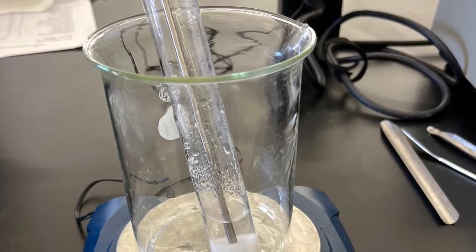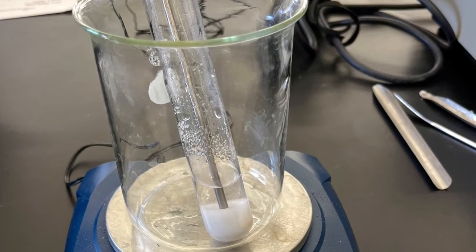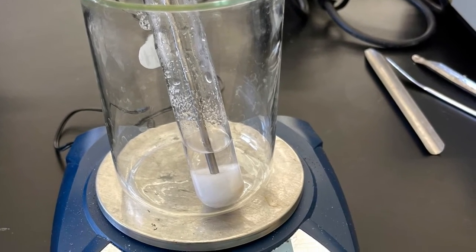Weigh the apparatus. The weight of water present is this weight minus the weight of the apparatus plus salt. Add a second measured portion of deionized water to the test tube and repeat the procedures described in steps 4